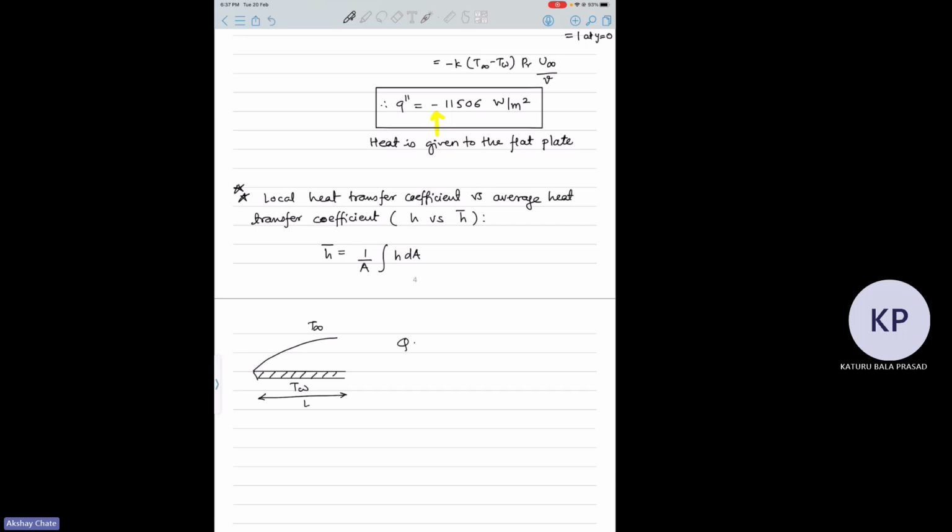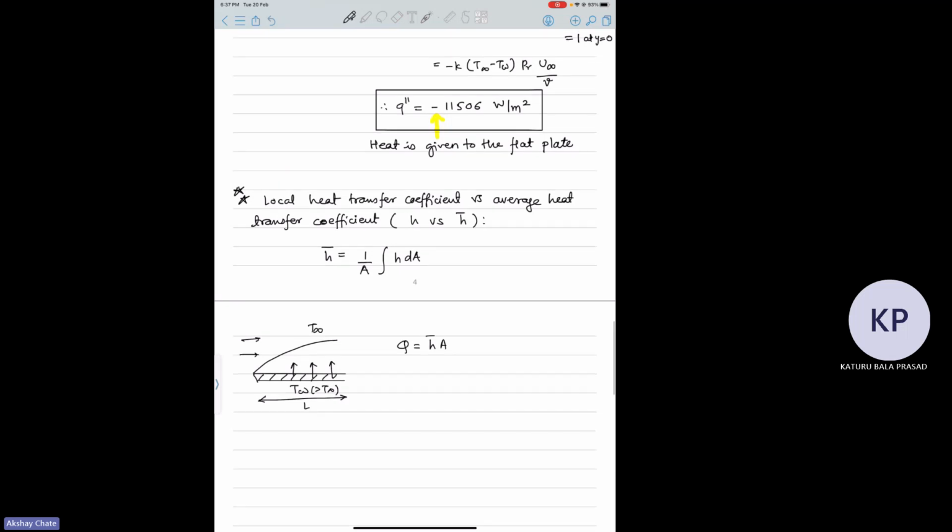T wall is greater than T infinity, so the wall is giving heat to the flowing fluid. The total energy balance will tell you: your average heat transfer coefficient times the total area of the plate times T wall minus T infinity